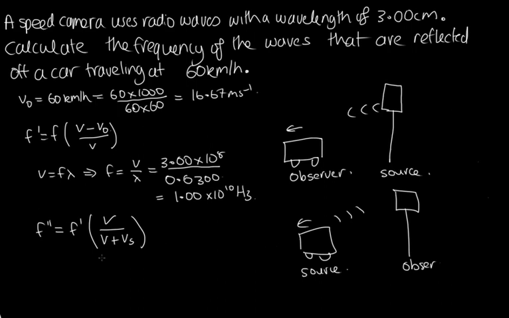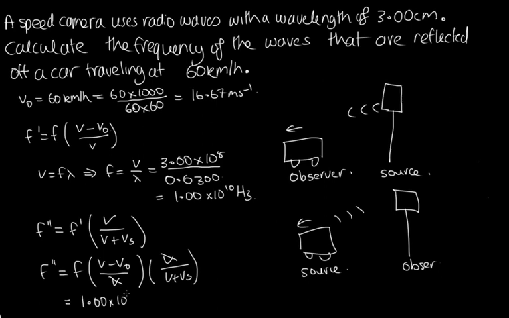So let's put these two together now. We've got f double dash, the frequency detected at the speed camera, is f dash, which is f times v minus vo over v times v over v plus vs. We simply put this expression here in instead of the f dash here. Now you can see these v's will cancel each other out, and these vo's are both equal to 16.67. So finally, this is equal to 1.00 times 10 to the 10, and now v, that's 3 times 10